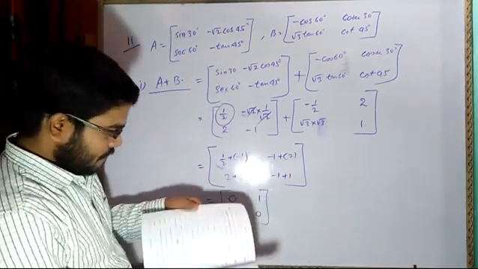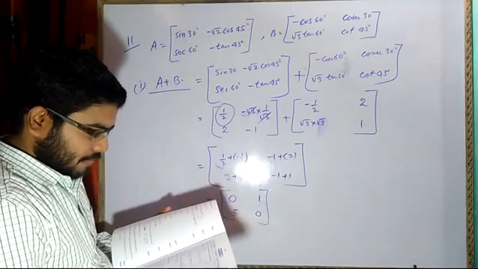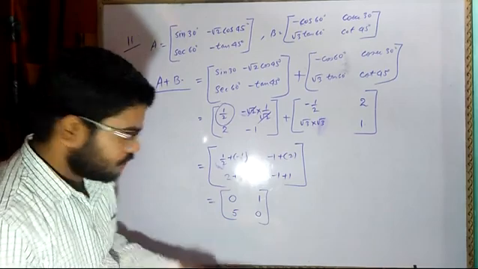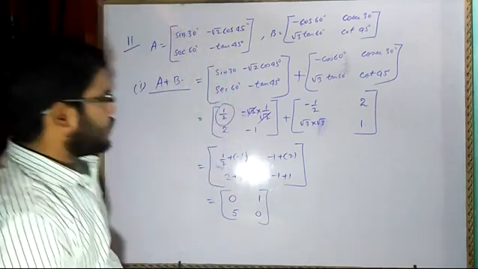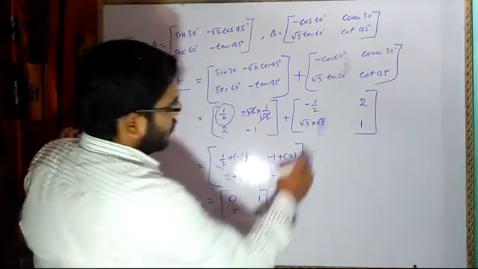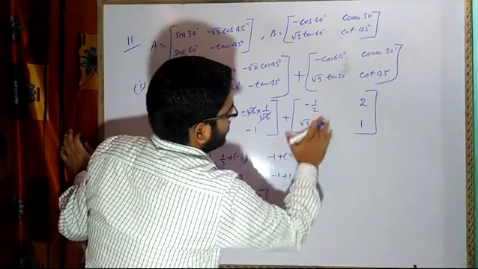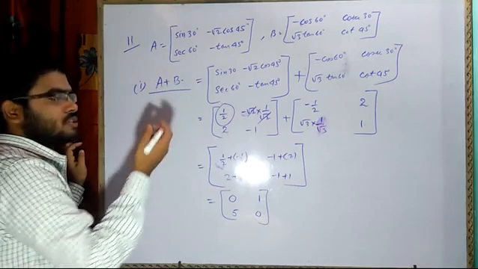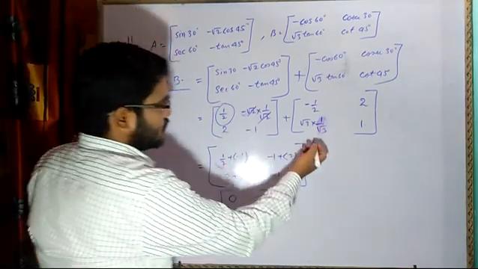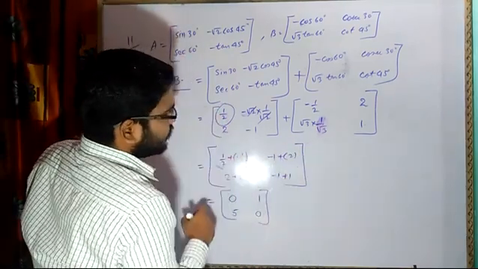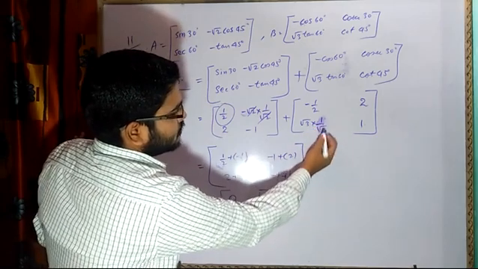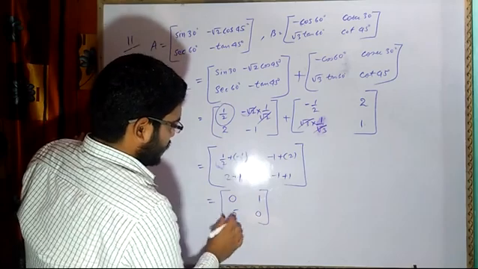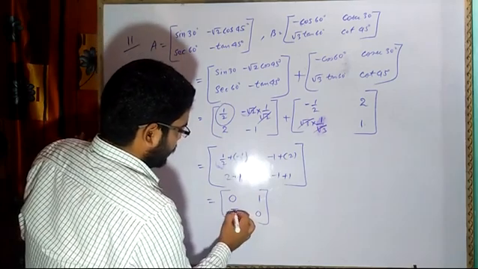Question number 11, subpart A. 11 subpart A, where is that? 0130, 0130. It is 3. Okay, it was tan 60. Tan 60 means 1 by root 3. When we go towards infinity, it will decrease. So 3, 3 cancelled. So I will get 1 here, and here I will get 3.